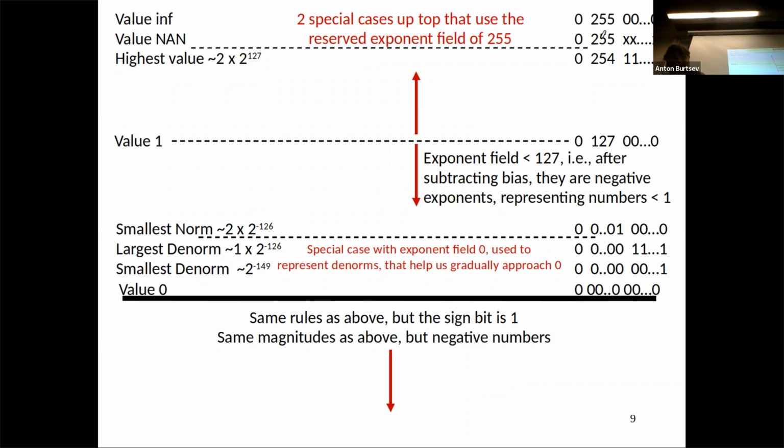So you know how to represent positive infinity. It's all ones in the exponent field, and the fraction field is all zeros. The value is not a number if you put all ones here and some bits in the fraction are not 0, right? So it's a special not a number value, which actually means that your highest value is 2 to the power 127, right?